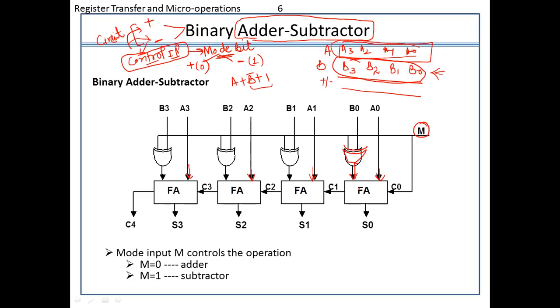So how will this entire circuit operate? Let's again consider the same example. I'm considering the same one only, where the A register has the value 1011 and B has the value 1101, and I need to perform the addition as well as the subtraction. So in case of subtraction, this mode bit will be equal to 1. It means that this Cin value, C0, is equal to 1. Along with that, this M value will also be equal to 1 in case of subtraction, right?